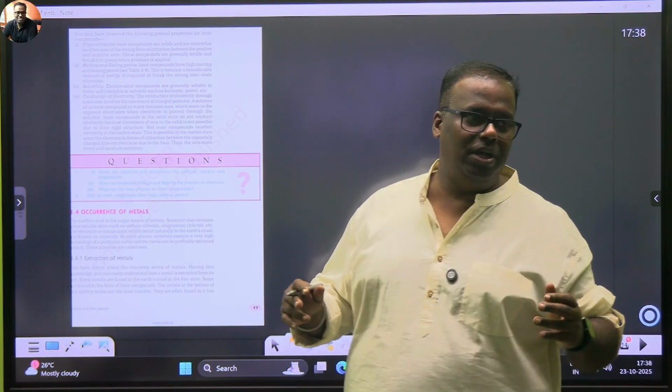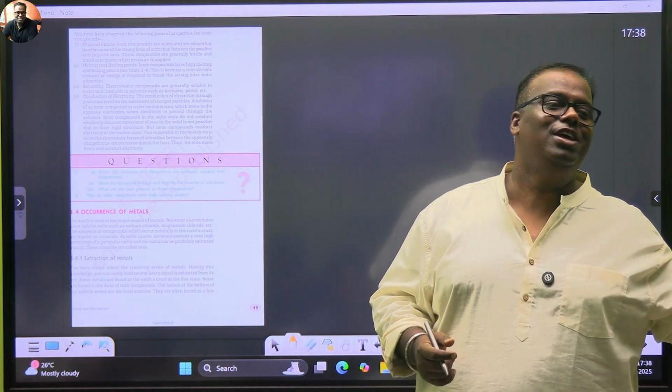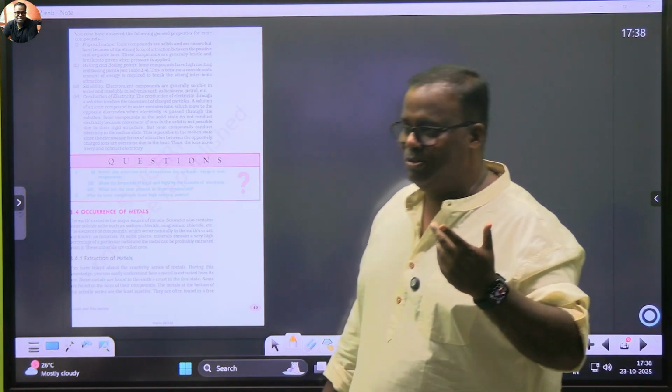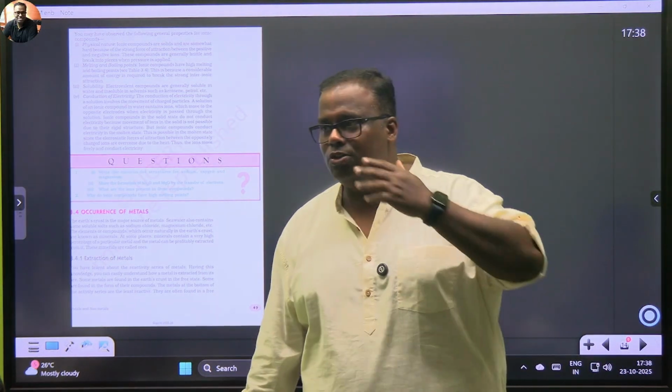For example, if you are mining for iron and you get gold, in that case, gold is also an impurity because you are mining for iron. Though the impurity has more value for you, you would even want to steal the impurity, but the metal that you mine, that is of prime interest.